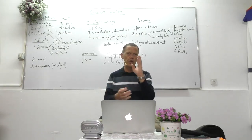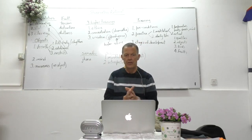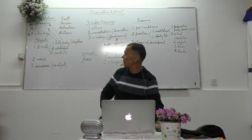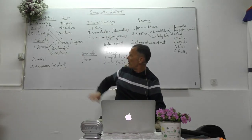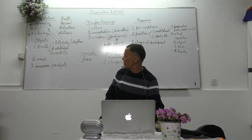So again, the roots, trunk and branches of a tree. Same analogy, using that analogy. And then the objects for this practice that we're working with in this retreat is the breath, the mind and awareness. The breath, currently we're working with the abdomen, and we will for the rest of today work with